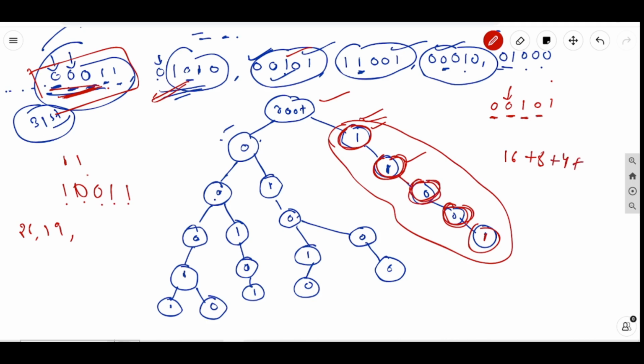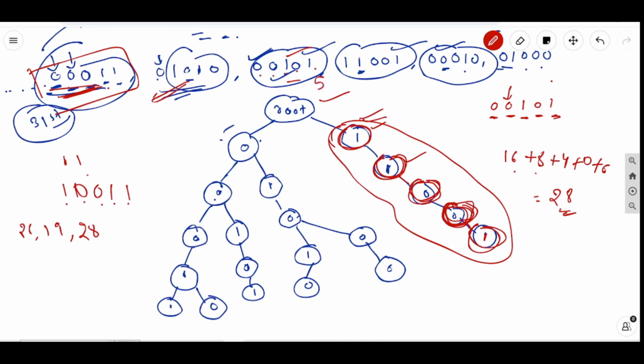Now move here. Do we have 1 as the child node for this? No, we do not have 1. So add 0. Do we have 0 for this node as a child node for the corresponding node here? No, I do not have 0. So again add 16 plus 8, 24, plus 4 is 28. So that is 28. So if I XOR this number, which is 16, 8, 4, 2, 1,